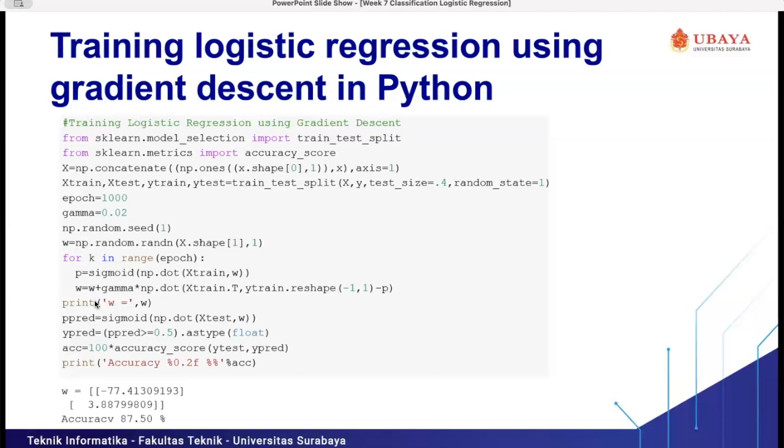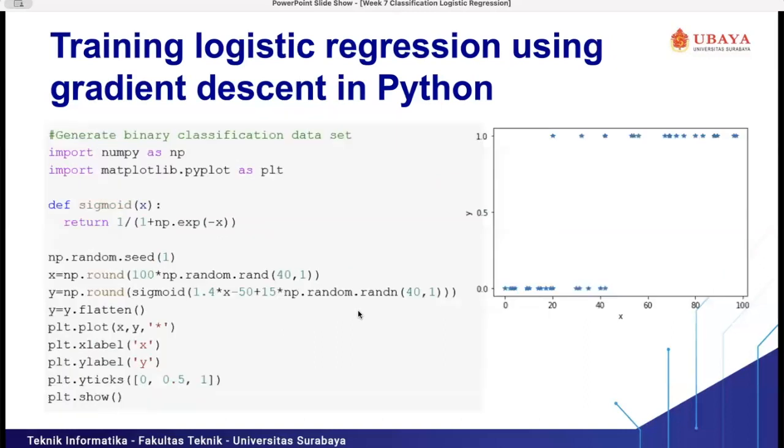The next weight will be the current weight plus gamma, which is the learning rate, multiplied by the gradient of L with respect to w. So this is the gradient descent formula for the L(w). Yeah, np.dot of x_train transpose with y_train reshape minus (1, 1 minus p).